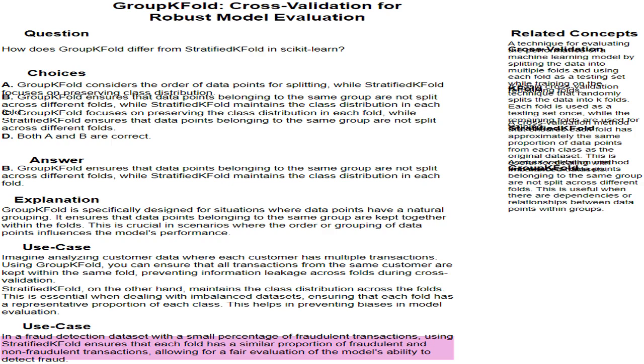In a fraud detection dataset with a small percentage of fraudulent transactions, using stratified K-fold ensures that each fold has a similar proportion of fraudulent and non-fraudulent transactions, allowing for a fair evaluation of the model's ability to detect fraud. Consider a dataset with financial transactions, where only a small percentage are fraudulent. Applying stratified K-fold with fraudulent as the class label, we can create folds that maintain a similar ratio of fraudulent